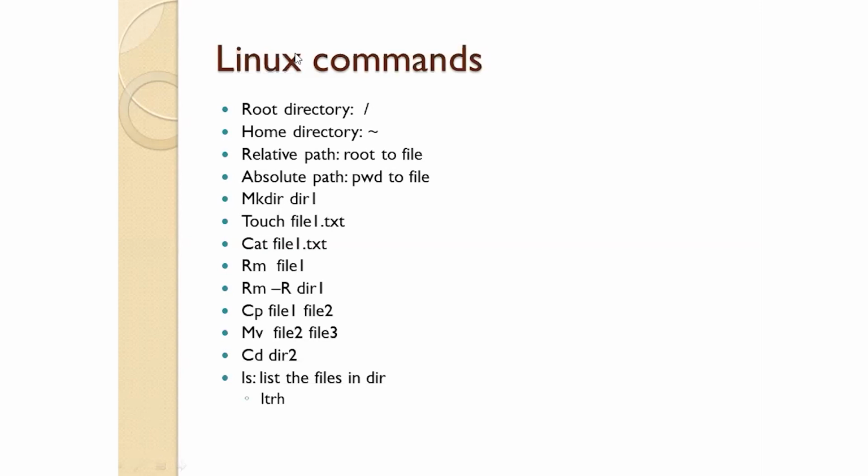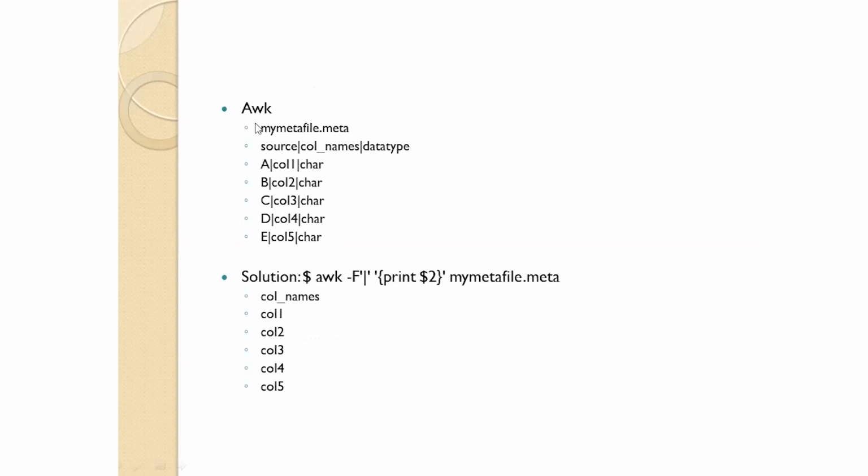And one more helpful utility when you deal with big data, or as a data engineer, when you need to work with many files. We will be having some meta file where we have all the column names and the data types used. If we want to analyze whether it has all the column names or not, it is a very useful utility where the data engineer can analyze his data.